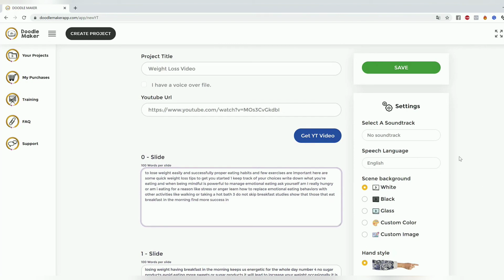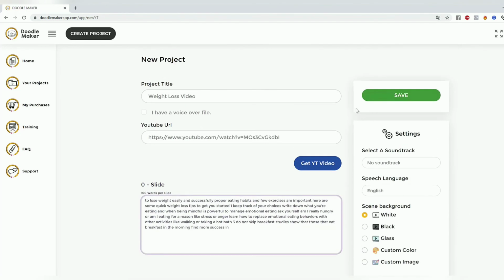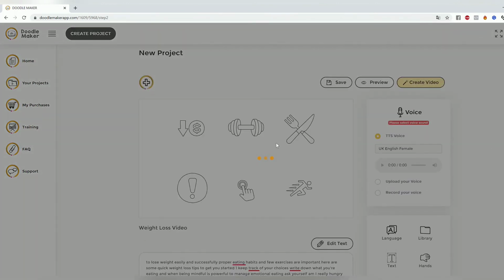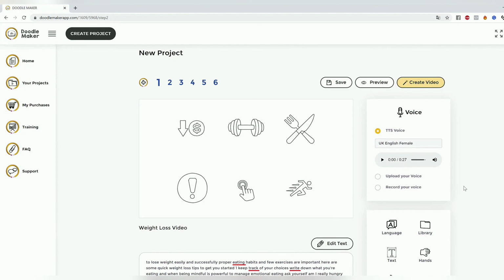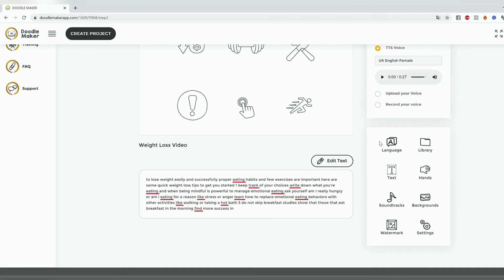And then the cool thing is, you can actually go into the next step. Let's click save, and then boom, it's going to do our doodle video creation all over again, right? Create the slides for us, as you can see, and all that. And here's the best part, you can convert that language at this